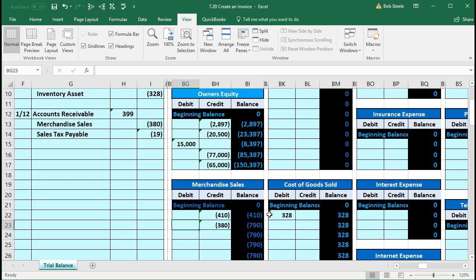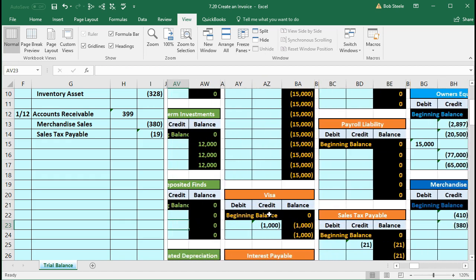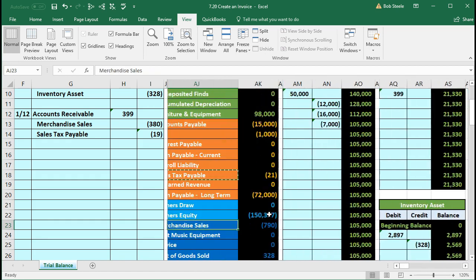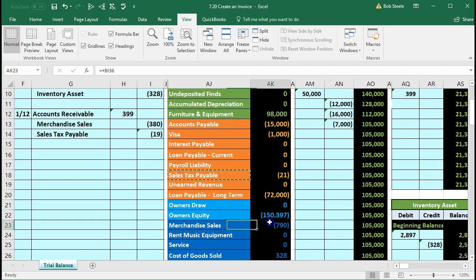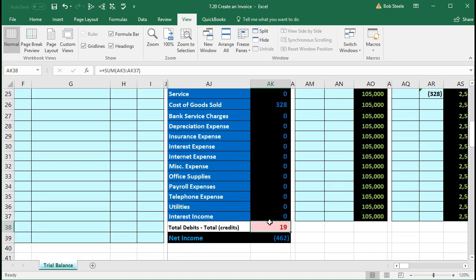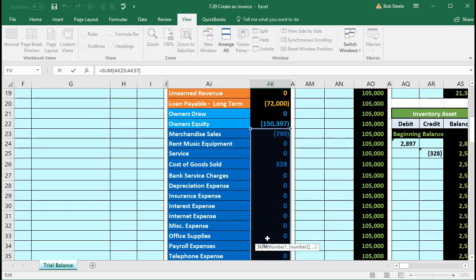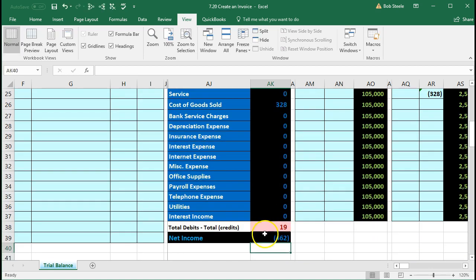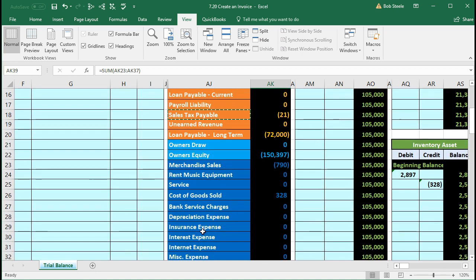If I scroll back to the trial balance, I'm just holding down the left arrow here, scrolling back to the trial balance. We see that populate right here, 790. We see that we are out of balance by the sales tax, the last part that we have to post. We see that the revenue went up to 790. This being a credit in this calculation, not a negative number, not a loss, but revenue calculated as revenue minus